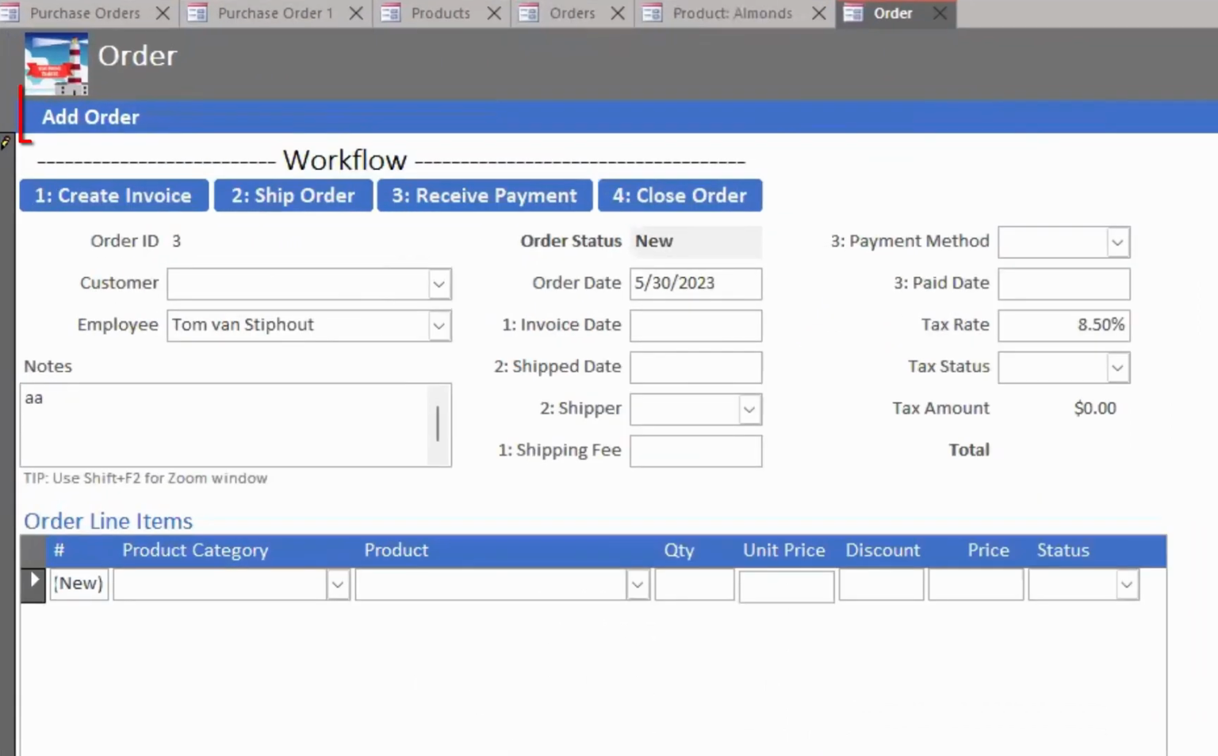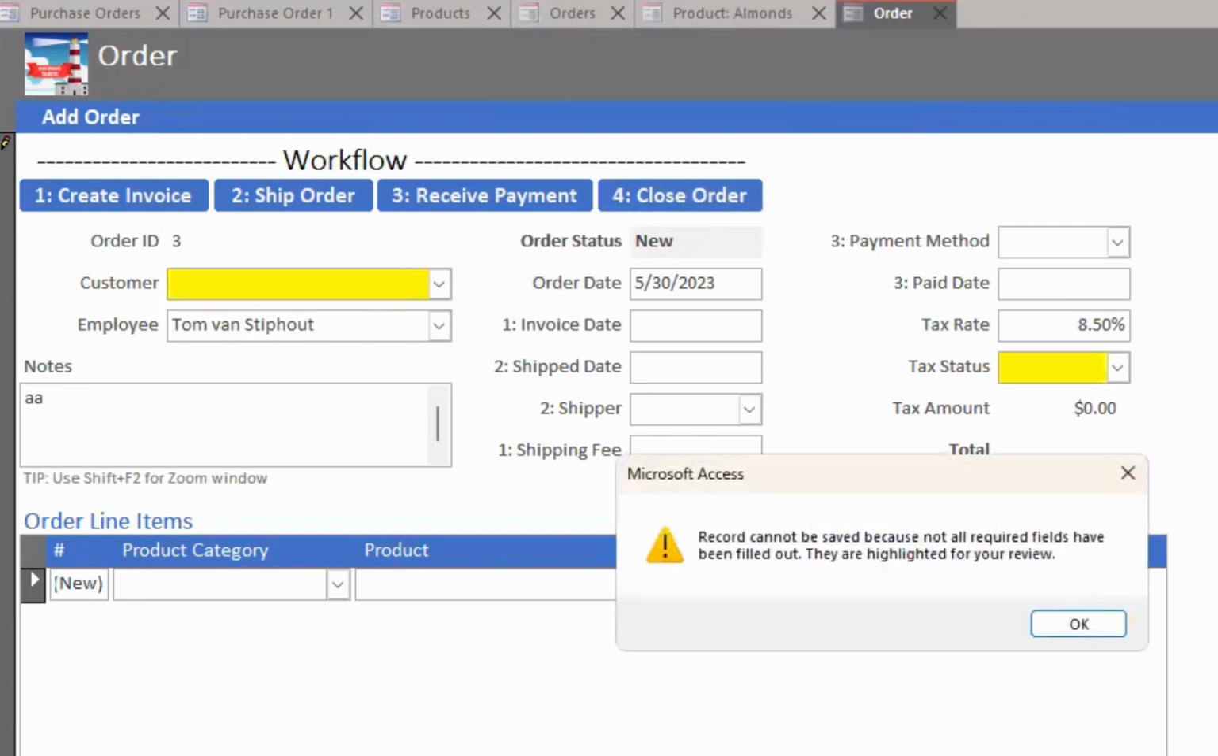If I create a new order and I only fill in some notes, and yes, I did get some default fields filled out, and I try to save that, obviously an order without a customer doesn't make any sense. And what we do is we actually help you and color the fields that we are waiting for. In this particular case, these are actually required fields. If you look in the underlying table, customer ID in the order table is a required field, and